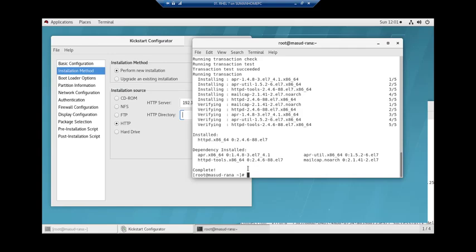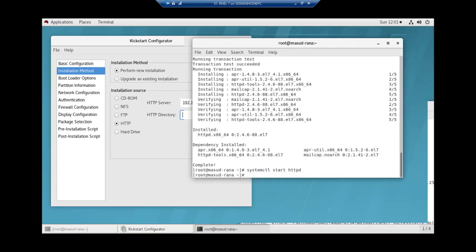The HTTP service is just installed. I have to start this service, enable this service while the system loads, so let me do everything. systemctl start httpd. It is started.